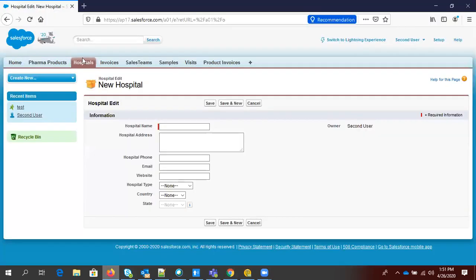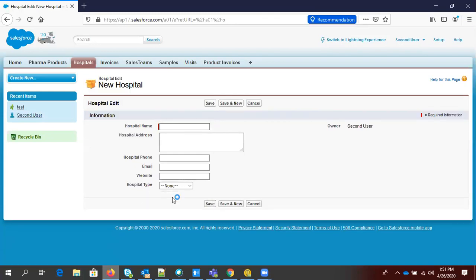So now you go back, just refresh it. Now you can see country and state are automatically removed without doing any change at the page layout level, because we have removed the main source access, the database access, for these two fields for this particular profile. So you can change the field level security.